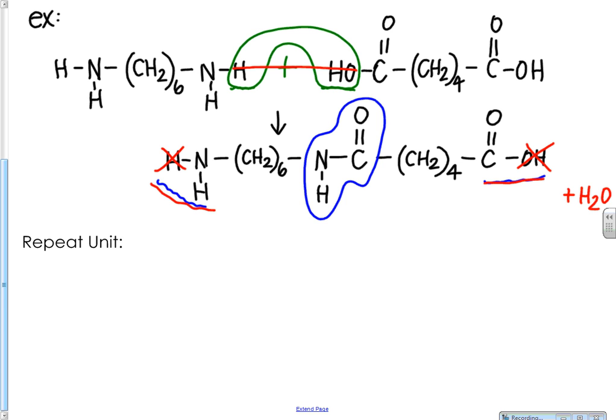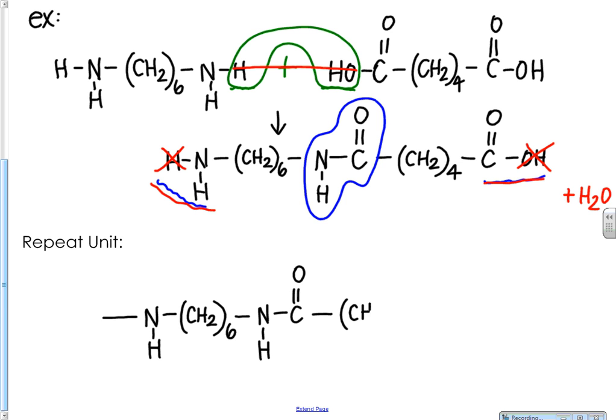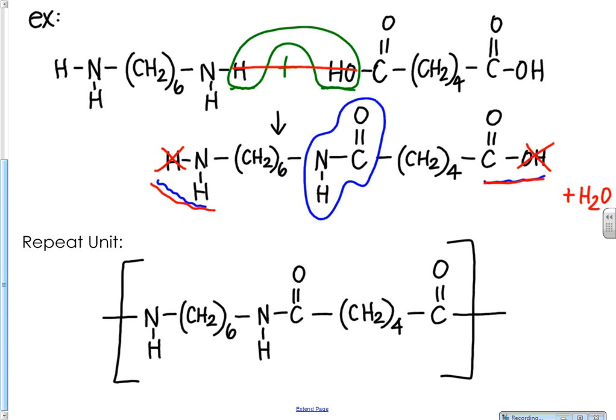So what we're going to do for our repeat unit is write N, H, and then whatever chain was in the middle. In this case, I had made it CH2 repeated 6 times. Then we have the linkage from one functional group to the other. We have the same chain that was there before. Oops, that was a CH2. And then where we took the OH. So this here is our repeat